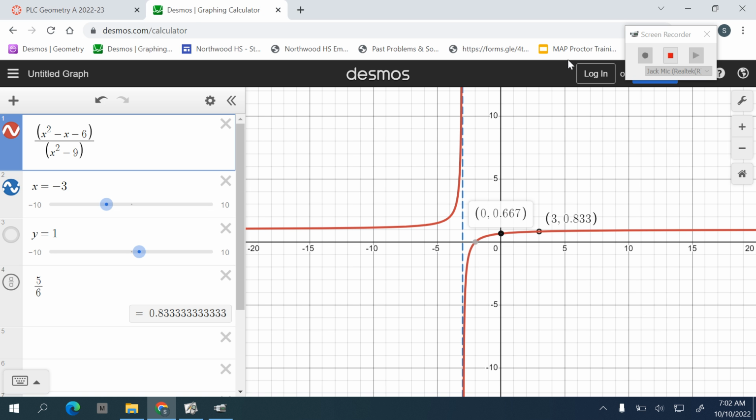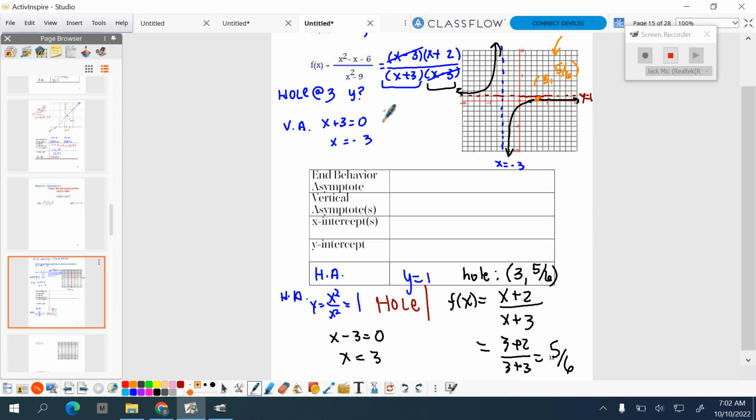0.667. Okay, so crosses at (-2, 0). So I actually should have come over a little bit, should have sketched over a little bit. Okay, and (0, 0.667). Vertical asymptotes, x equals